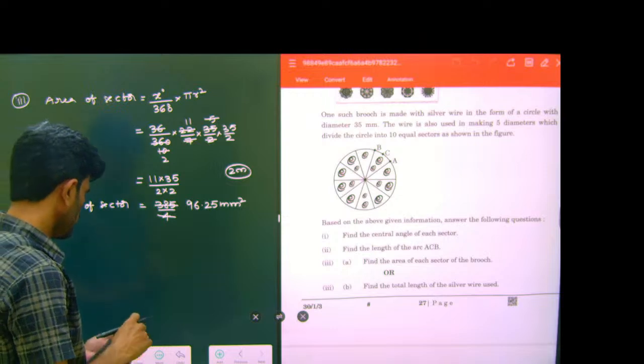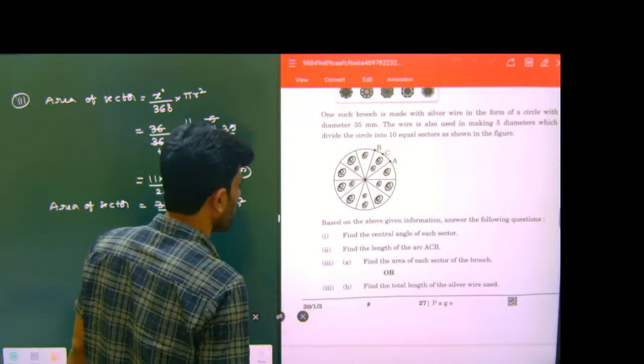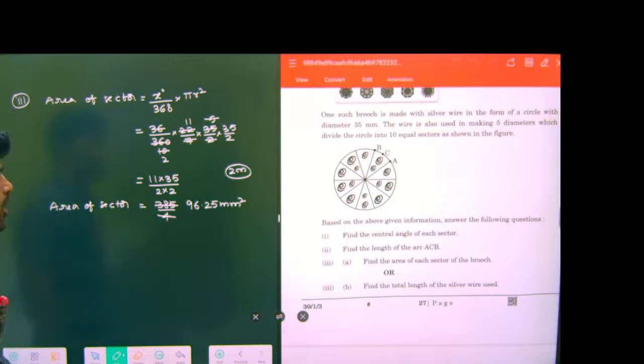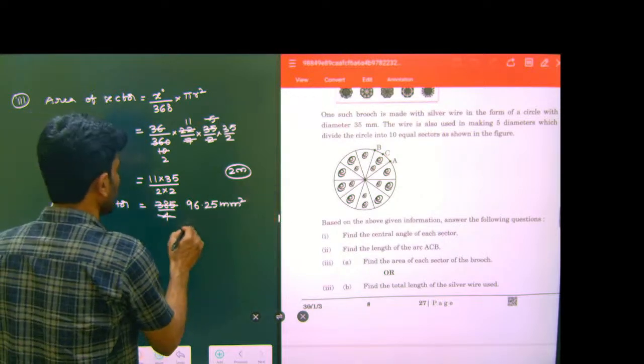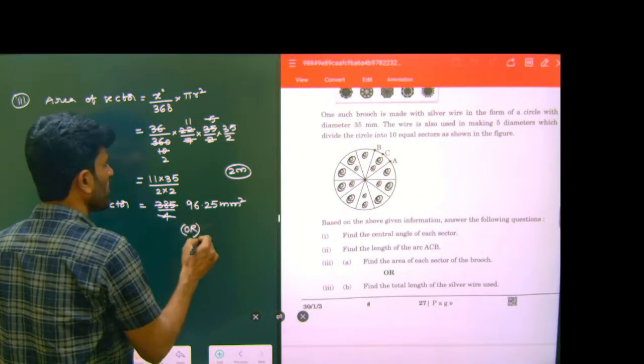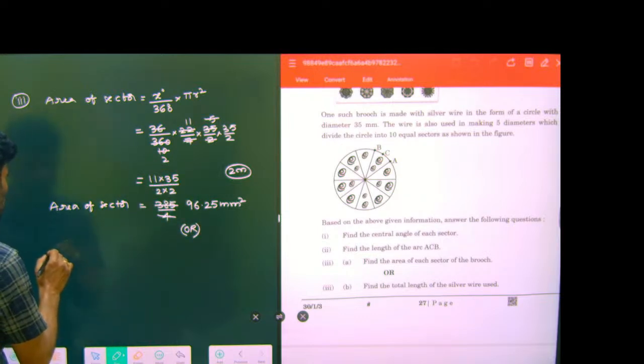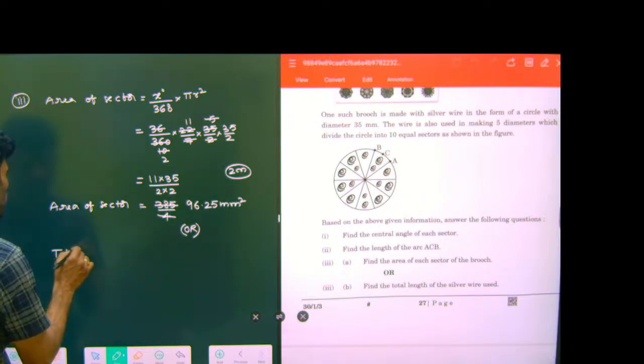Now this is another question. Find the total length of the silver wire used. How do you find the total length of the silver wire used? Silver wire is used to make the circumference and 5 diameters. So the total length of the silver wire will be equal to